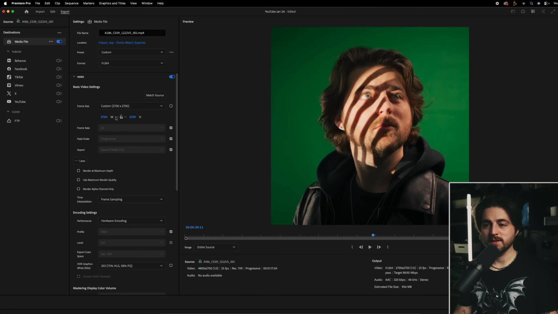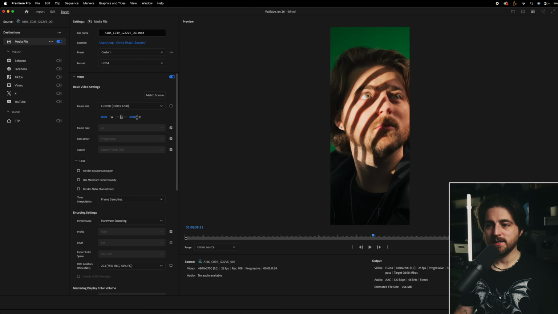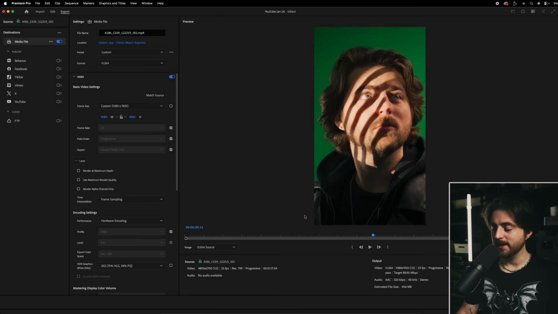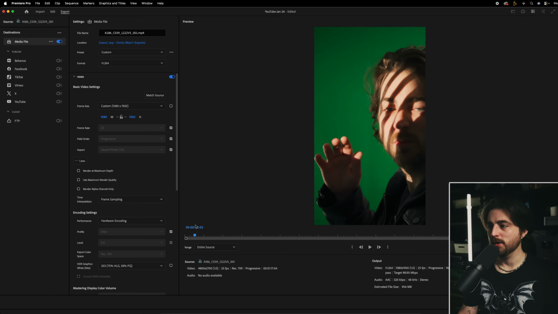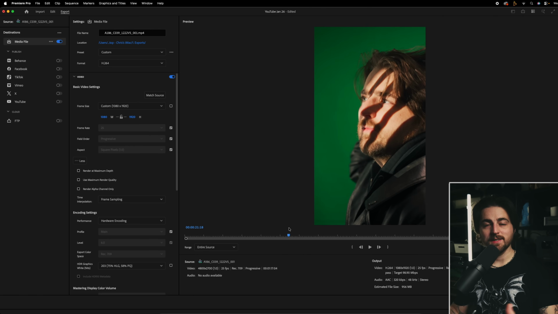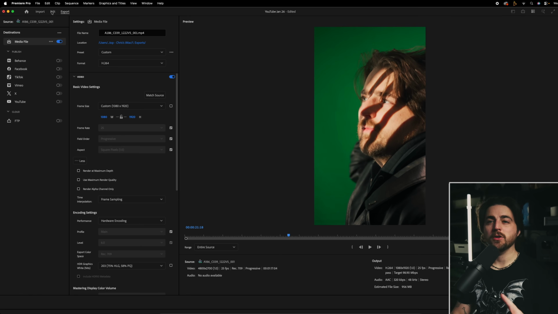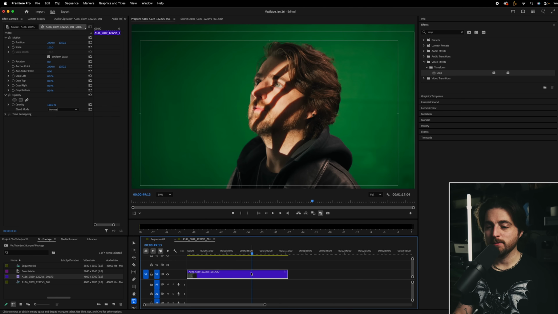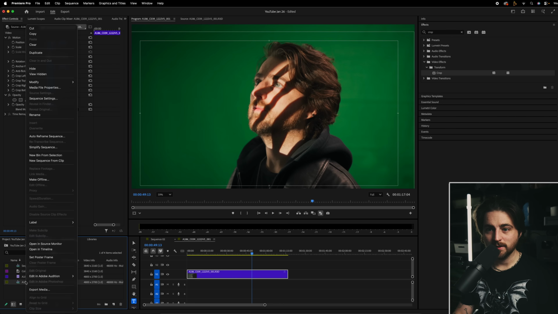So this is square. We can maybe do a vertical version. So let's go for 1080 by 1920. So that's 1080 pixels across the bottom, 1920 up. And we've essentially got our vertical video here. It's again just zooming into the center. However, if you did want to create different aspect ratio versions and follow the movement of the scene, then rather than doing that at the last stage, I would actually recommend finding the sequence, which is here, right-clicking, we'll go